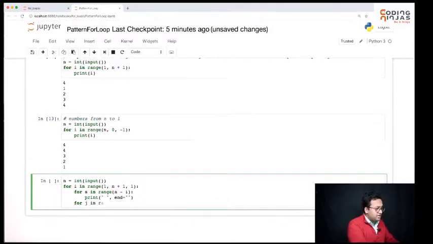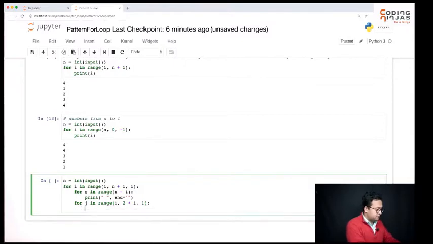For j in range, we know we want to start from i. We know we want to stop at 2i - 1. So if you want to stop at 2i - 1, you give 2i, right? One further than where you want to stop. If you say stop to be 2i, it just stops before that, at 2i - 1. Okay, and the increment is 1. This is my increasing sequence.